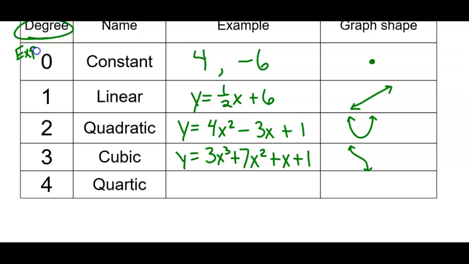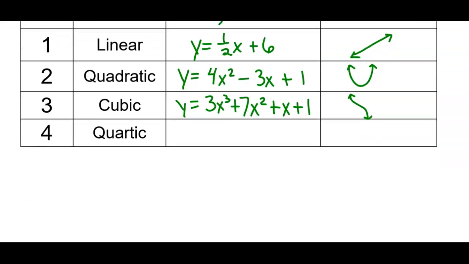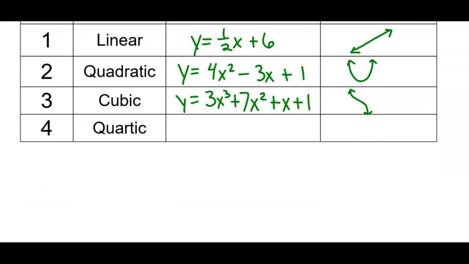So if the highest exponent is 0, 1, 2, 3, or 4, we're not going to really do anything higher than that, it would be a quartic. So let's see, y equals, I don't know, 1/2 x to the 4th plus 3x cubed